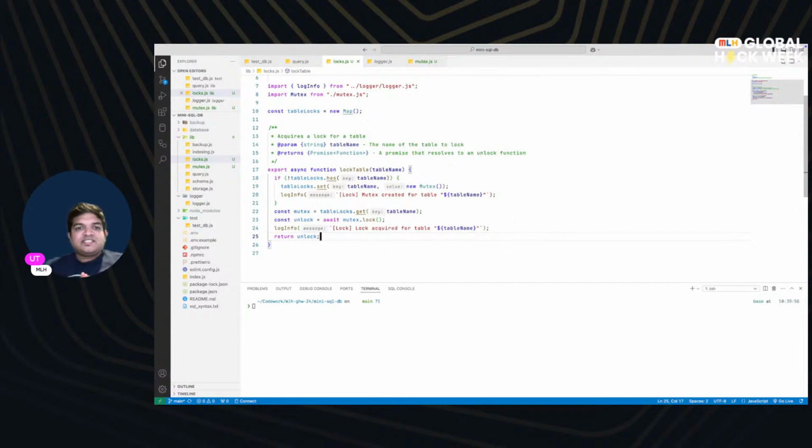Okay, so what we are saying is that whenever you use this particular function on a particular table, let's say you use it on the users table, first it will check if the users table is already locked. For the first time it is obviously unlocked. When you're running it for the first time it's unlocked. So you'll check if it is locked, if it is not unlocked,